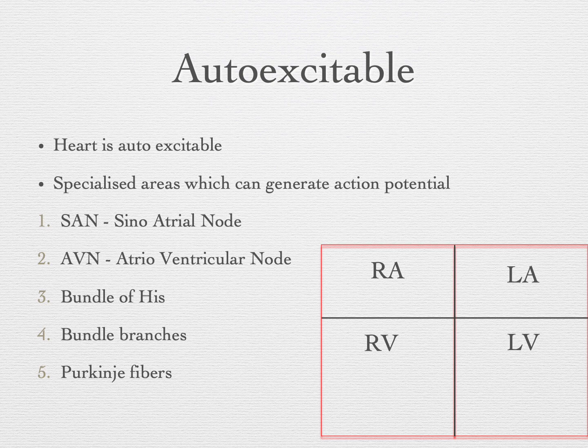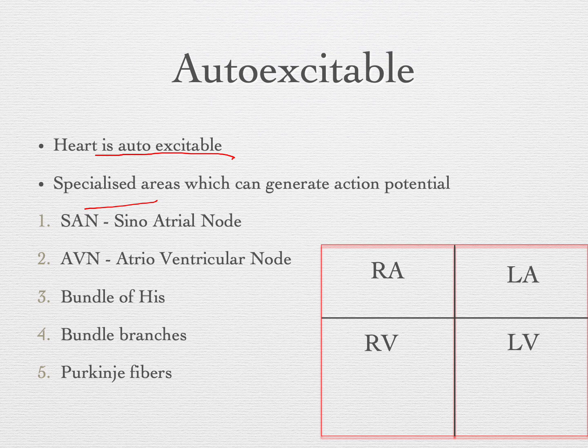The final anatomical concept is that of the conducting system of the heart. Now the heart tissue has a special property whereby it can generate and conduct its signals for its functioning, and this property is known as autoexcitability. To simply put it, the heart does not need an external source like a nerve to initiate and generate the signals. Now there are some specialized areas which are better at this function, and the names of these areas become very important for the exams.